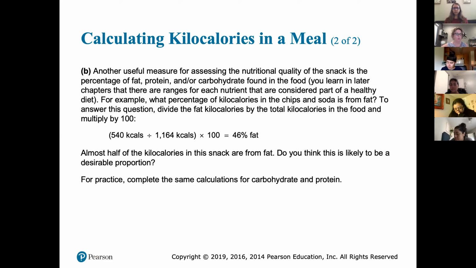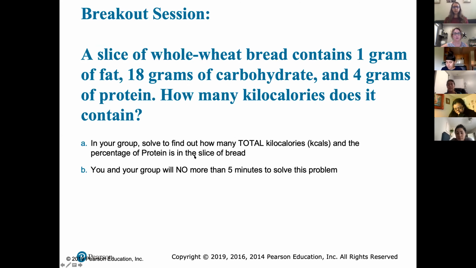Okay, now what I think I'm going to do is put you all in a breakout session. It's 9:34, and I want you to work on this problem, because this is also, again, going to be very similar to what's going to show up on your exam. So I'm going to put you into some smaller breakout rooms. You'll have a couple peers with you, and I want you to work through this. You might want to take a screenshot of this, or take a picture with your phone right now, so that you have it, because I'm not sure if I can get it to show in the breakout room or not. I haven't been that good with breakout rooms, but we'll see.